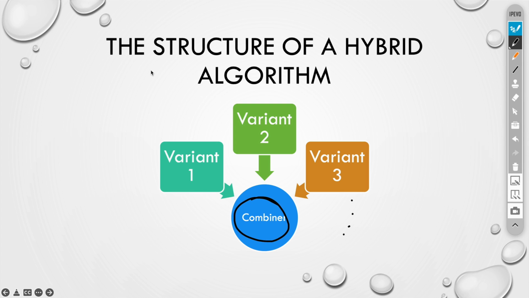For a hybrid algorithm to be a good option, all of these variants should execute fast and should not be resource hungry. This structure is reminiscent of something called n-version programming. But there the goal is completely different. In n-version programming, you are sharing the same specification with multiple independent teams who develop their own variant. The objective is to eliminate fault. In other words, to build a fault-tolerant system. The assumption is that independent teams will not make the same mistake. Hence, one of the variants will always compensate the error present in the other one.